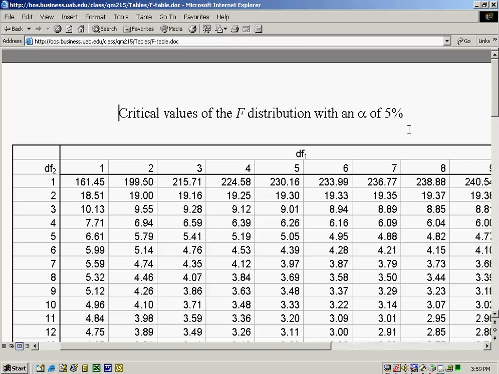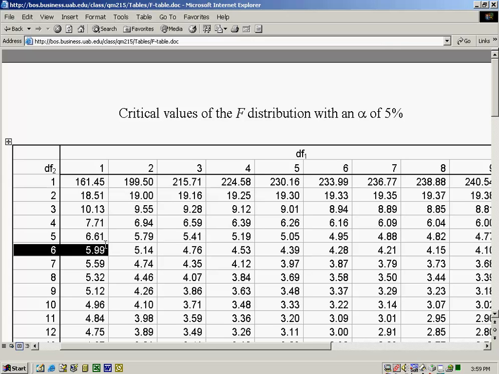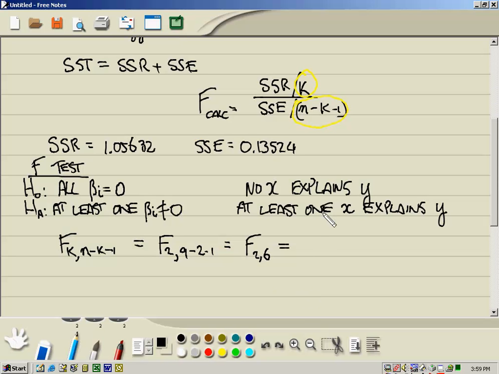Alright, so here's our f table. I note that we only have one f table and we have an alpha of 5% on this one f table as a standard alpha, and at this point we don't need to worry about any other alphas. Alright, so we have 2 and 6 degrees of freedom. The first degrees of freedom will be for the top line. The second degrees of freedom will be down the side here, so 2 and 6 degrees of freedom has a critical value of 5% of 5.14. Okay, so that's our